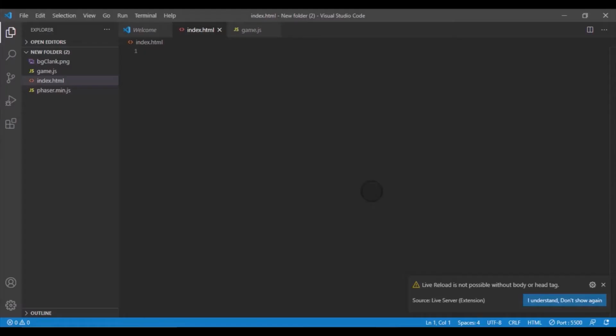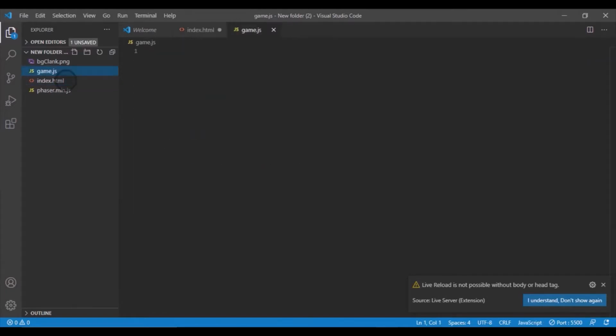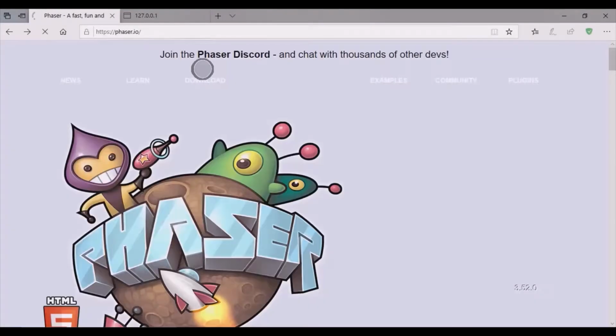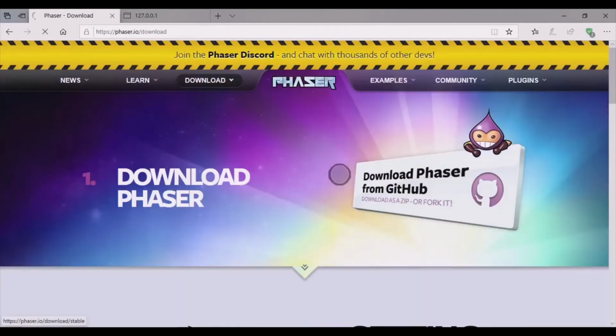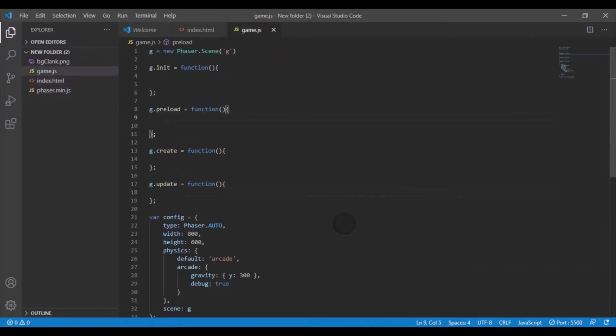So let's get started. The first thing I'm going to need you guys to do is to get your HTML template set up. You can pause the video if you need to get this set up. Go to your browser and type in Phaser.io, and once you're on that site, we need to get the actual JavaScript file that matches the HTML section right here and put it in the same folder. Now I'm going to go ahead back to my desktop and paste in my game template,